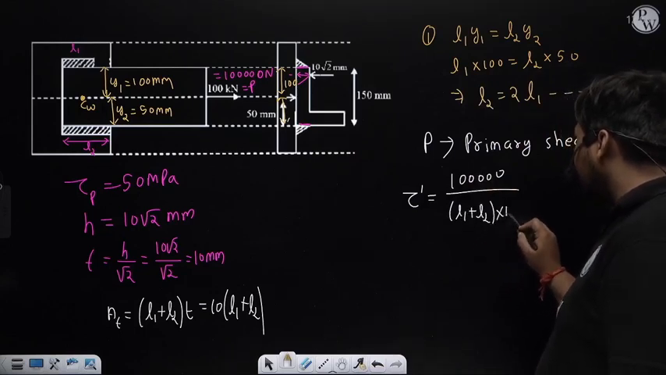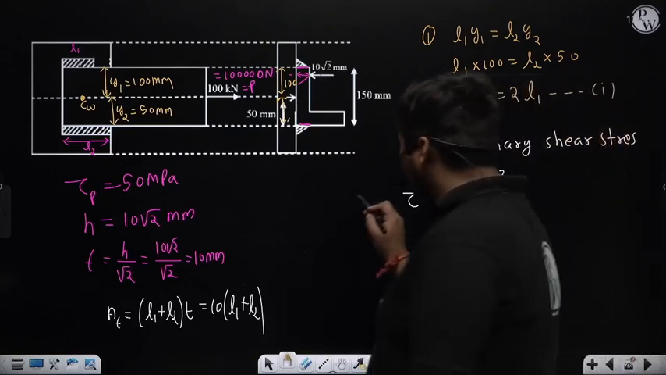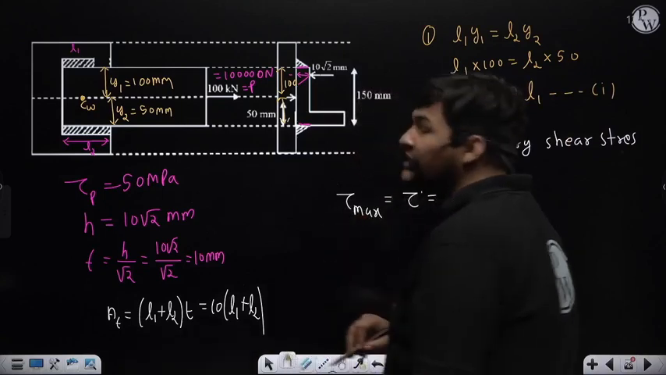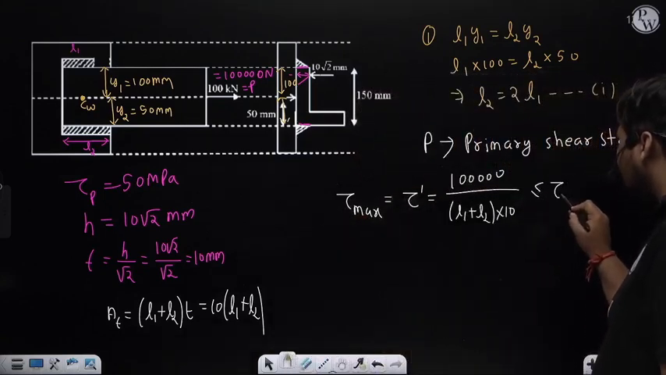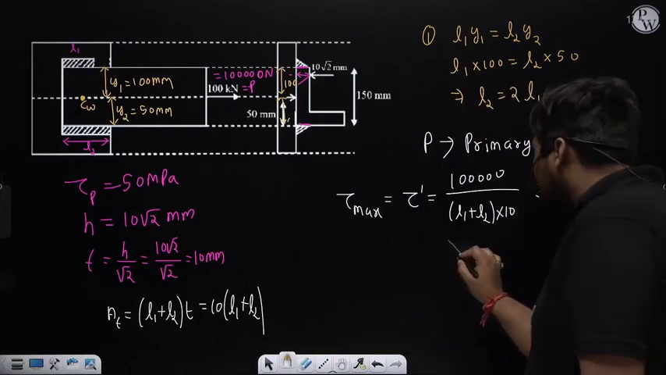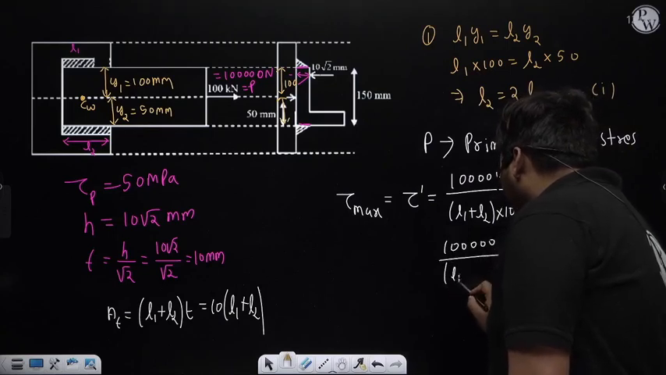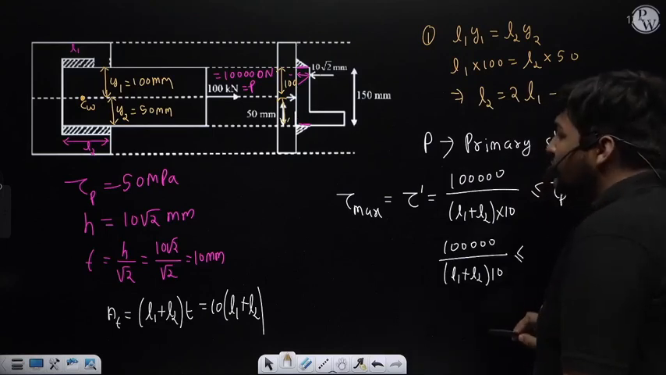T is 10 mm. And since no secondary stress is coming in the weld, in this case this primary shear stress is nothing but the overall maximum shear stress, and this overall maximum shear stress must be less than or equal to the permissible shear stress of the weld material. Okay, so 100,000 divided by (L1 plus L2) into 10 must be less than or equal to permissible shear stress,